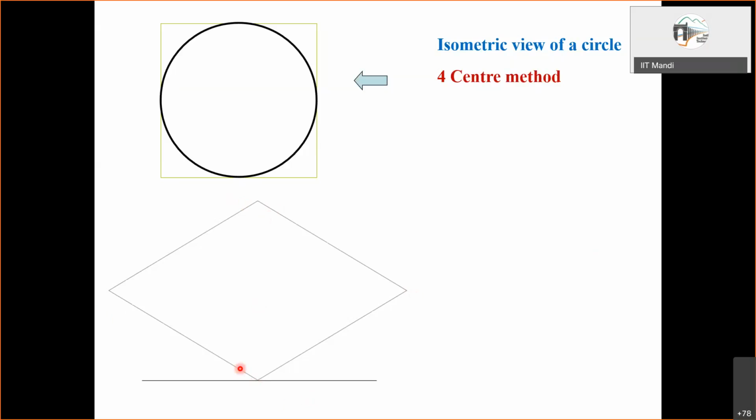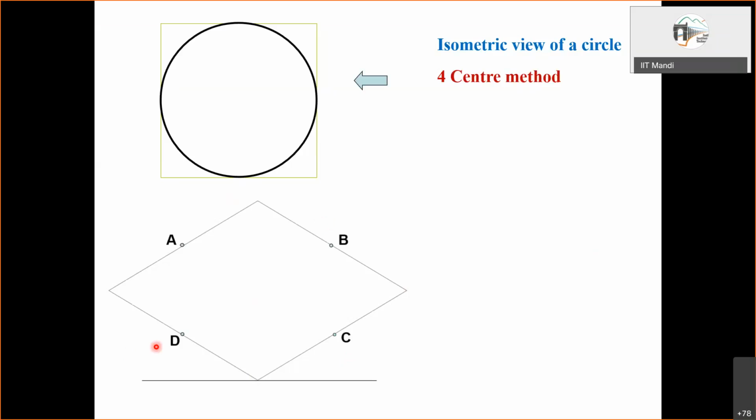Now, what we do is we mark certain divisions onto this. So one point, as you can see, is marked over here at the middle of this edge. One marked over here, one marked here, one marked here. So these are the midpoints of these edges which have been marked.